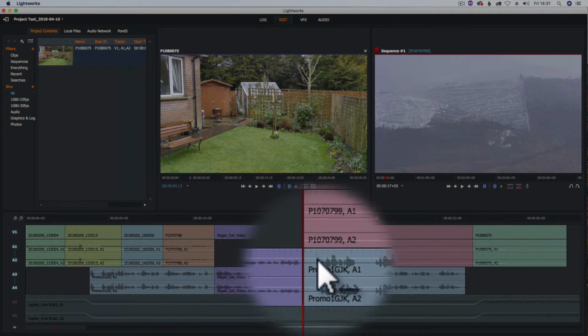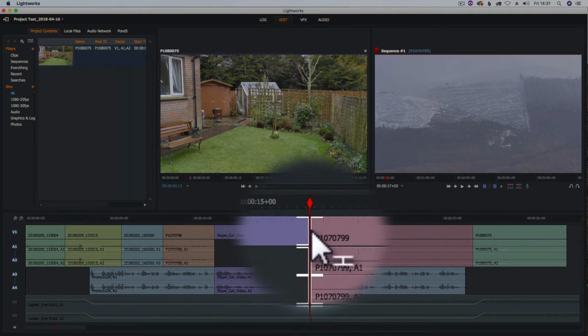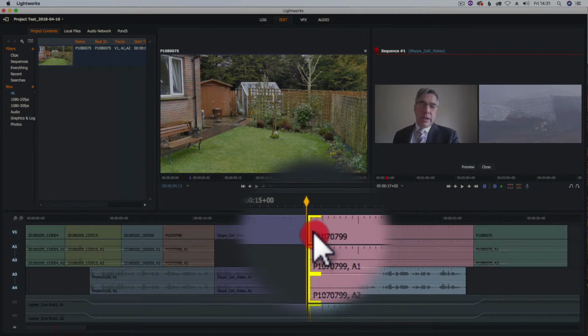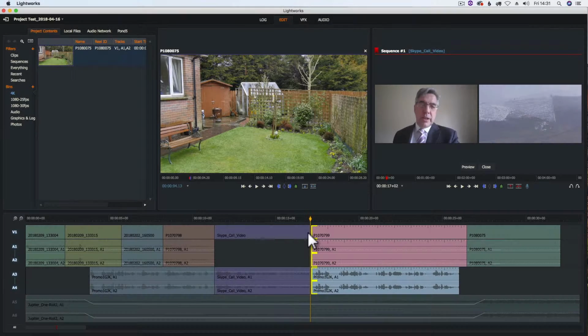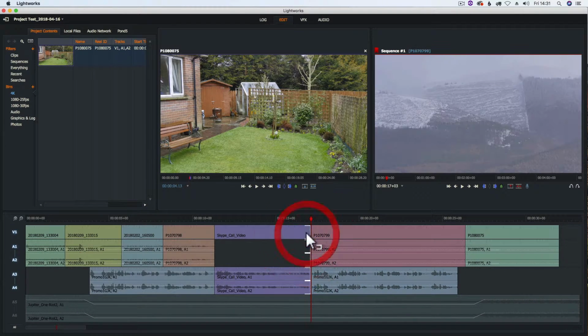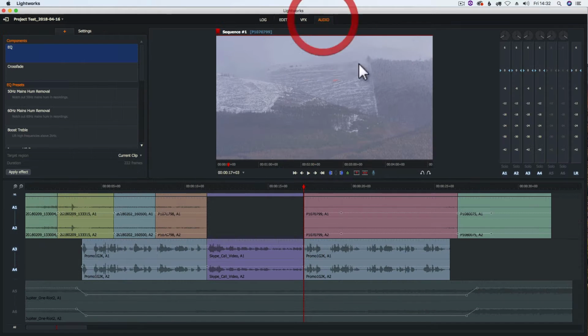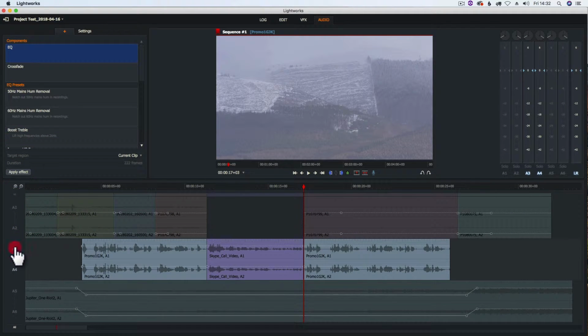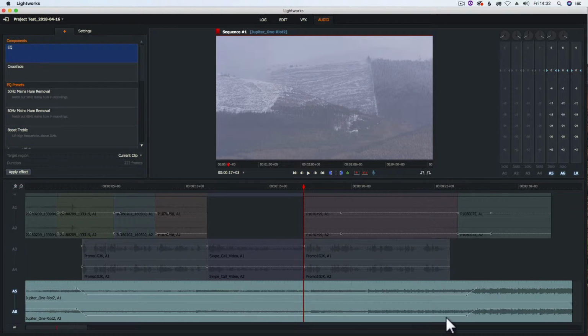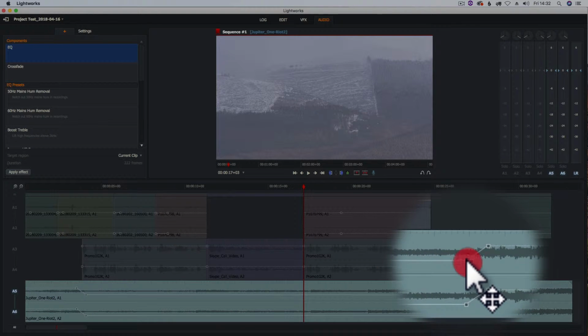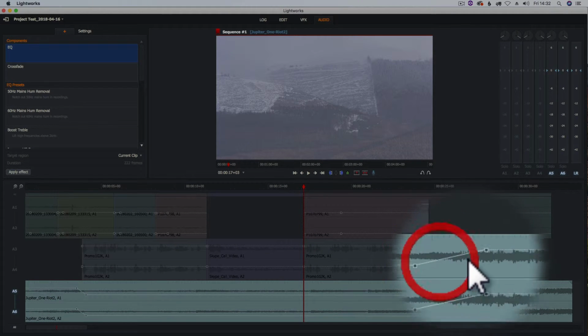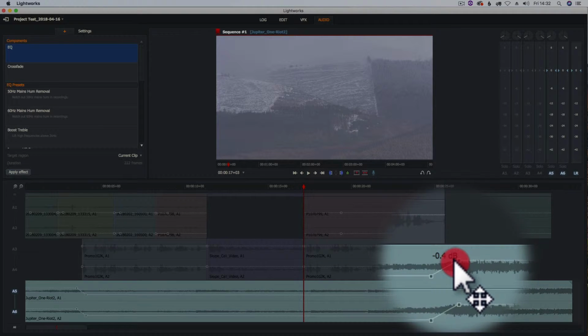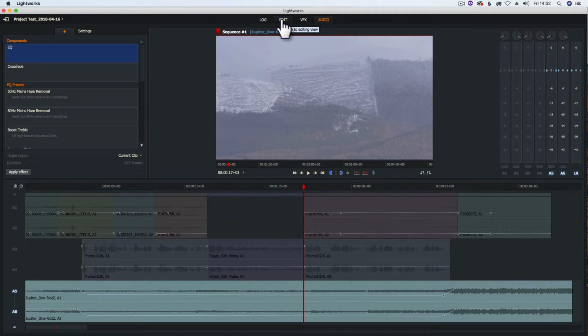because I want the sound to start just at that point there. So we just make sure it's just the right hand side that's selected, and drag that to about there. That should work. We'll need to change the sound here as well. So if I go back to the audio, deselect all of those, and now select just channel 5 and 6. Bring that to about there, and that one to about there. And if I go back to the edit mode,